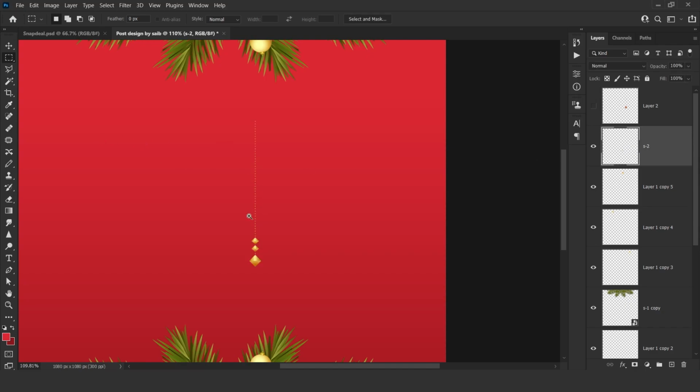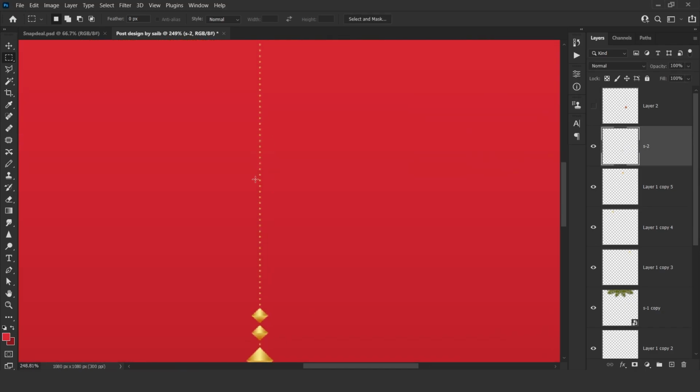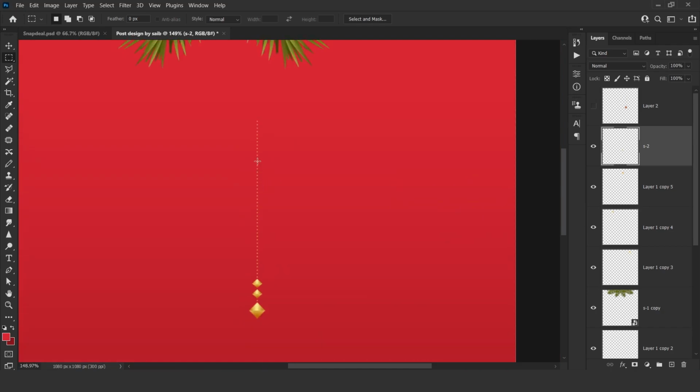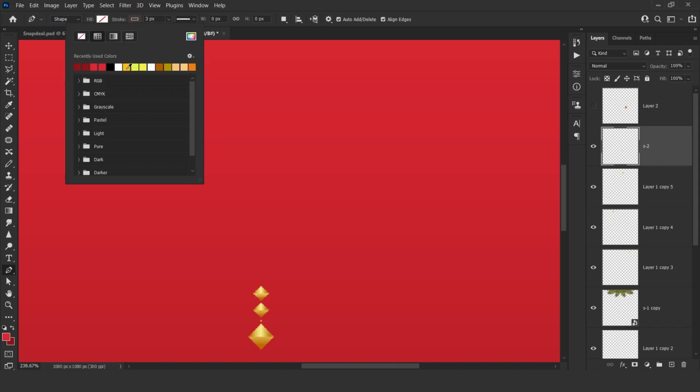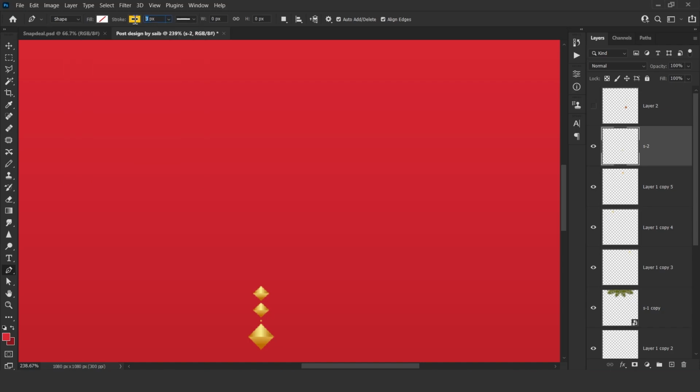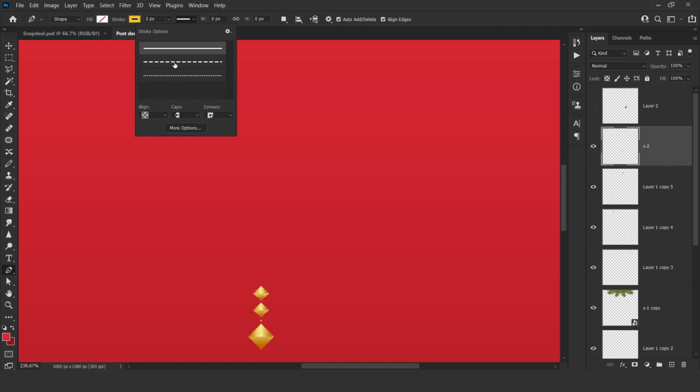Then this dotted line is not visible, so I will make it again. So delete this, press Ctrl D, and then select the pen tool, press P, then make sure it is shape, close the fill and open a stroke with yellow color, then make it 3, and this line should be this one.